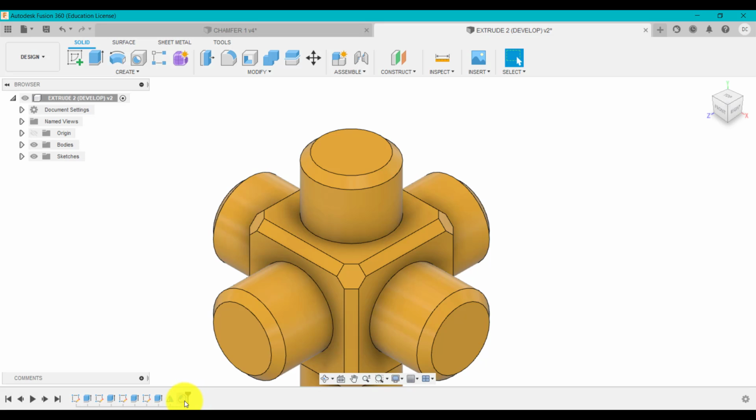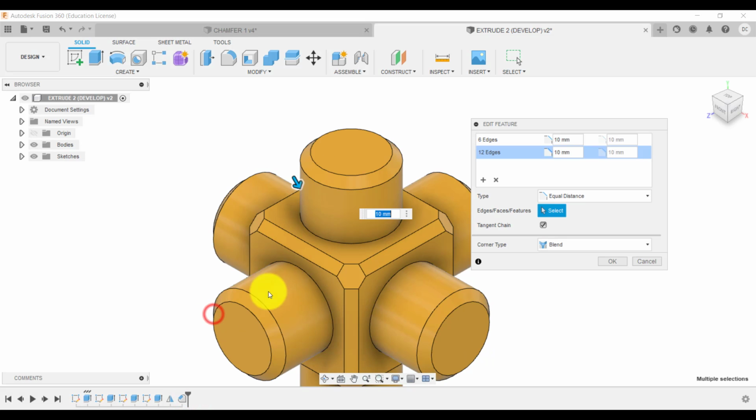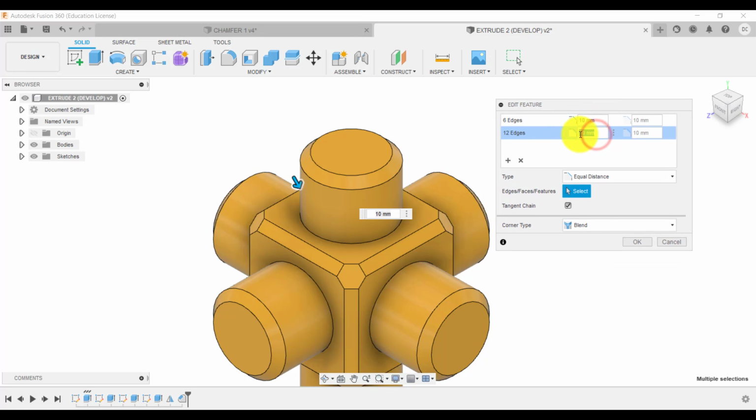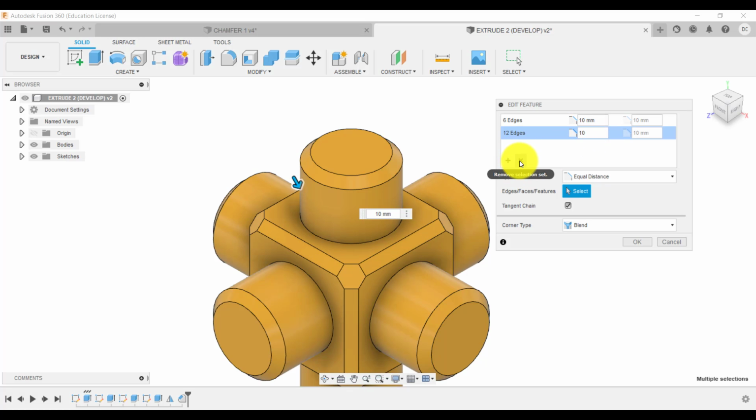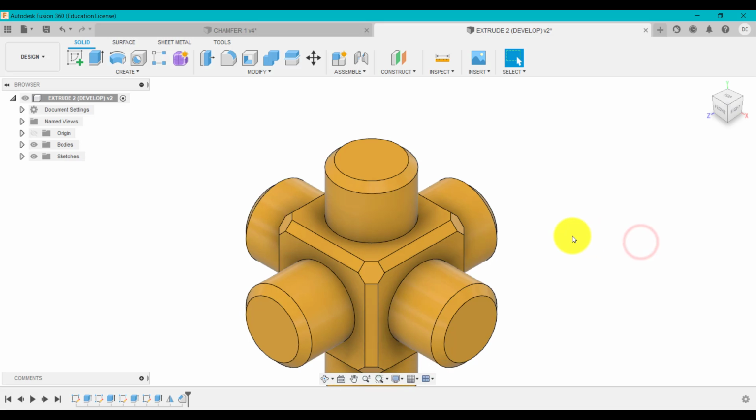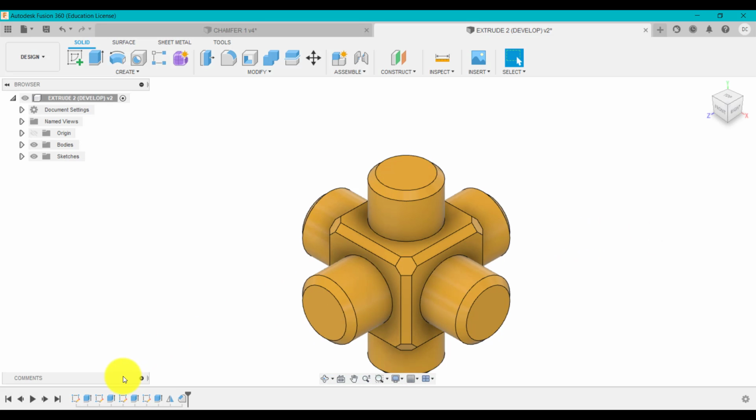And again, any of these features, you can go in, edit, and you can decide if you want to change those, because aesthetically, it's not what you want. All right. And again, you could always delete those and click OK. So within there, we've created two sets of a fillet